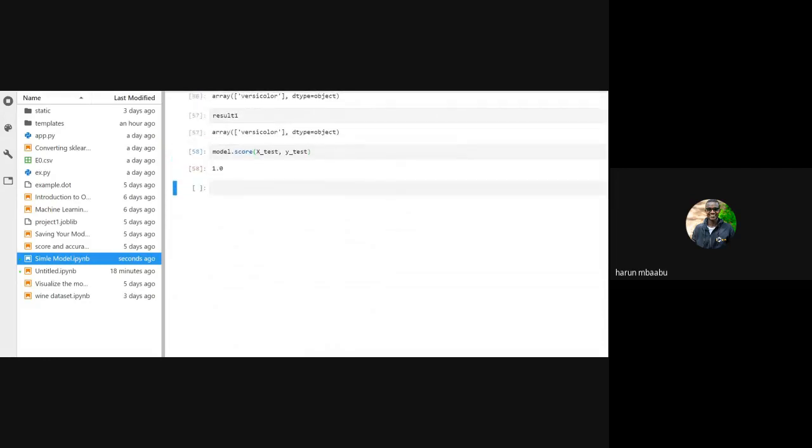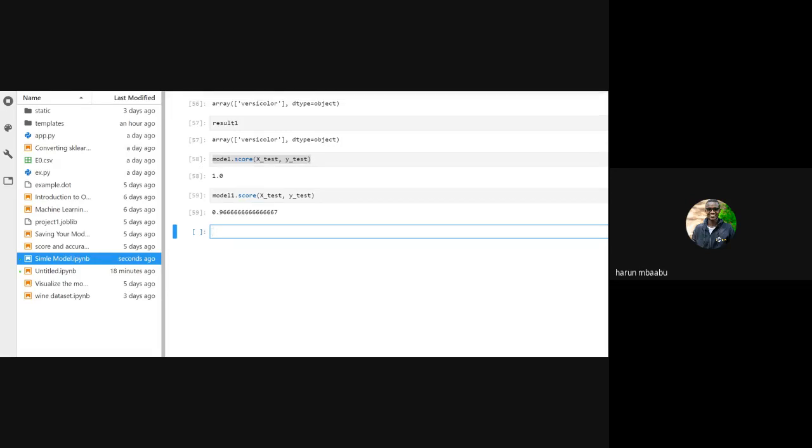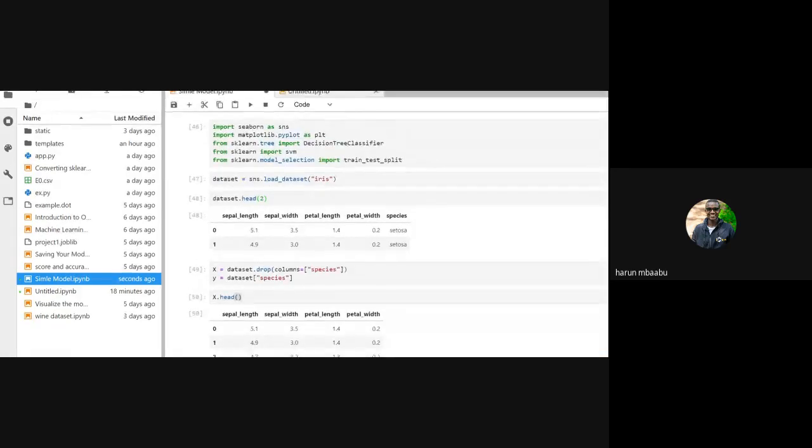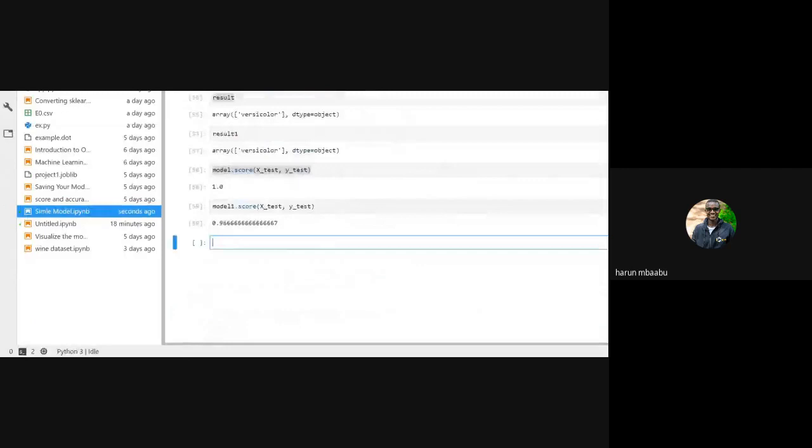And I want to introduce a cell below and get model 1 and see what the score is. Okay, sorry. Control C, control V. We want to see the accuracy when we use the support vector machine. So you can see the accuracy changed between support vector machine and decision tree classifier.